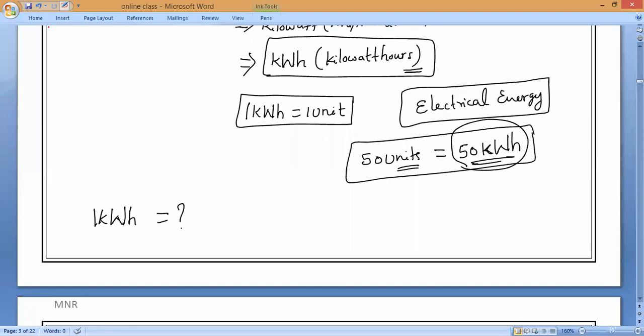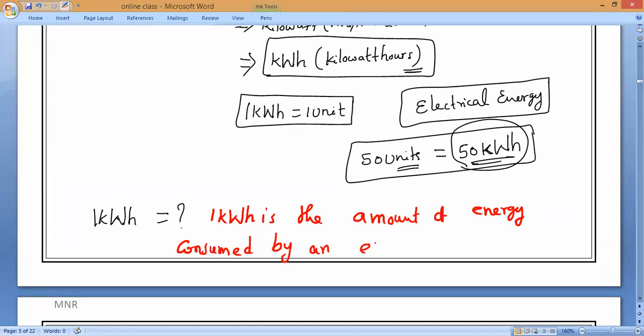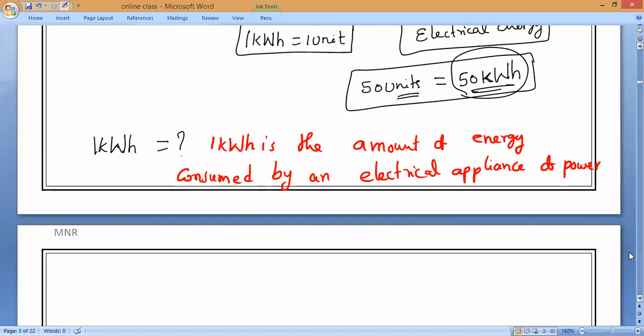First, 1 kilowatt hour. 1 kilowatt hour is the amount of energy consumed by an electrical appliance of power 1 kilowatt when used for